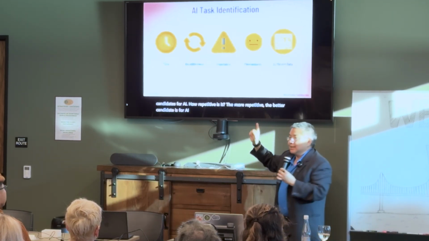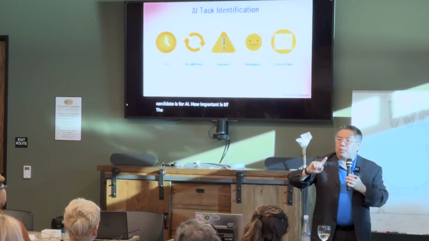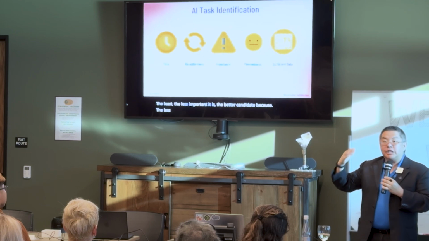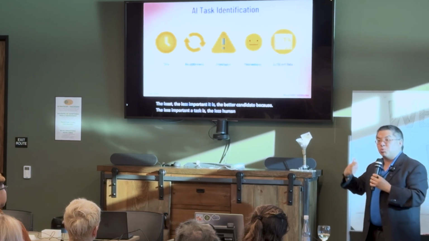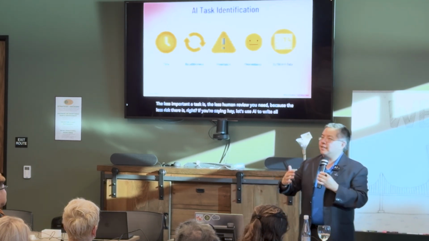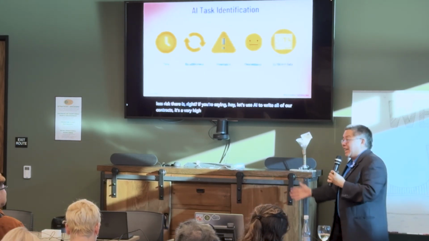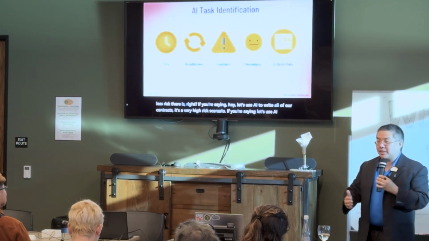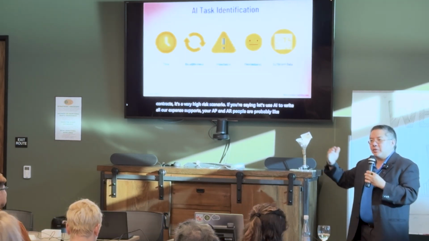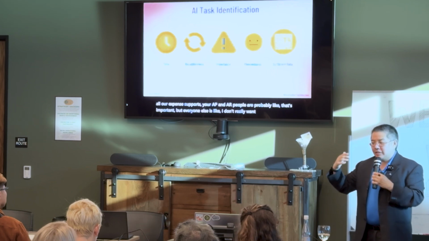How important is it? The less important it is, the better candidate, because the less important a task is, the less human review you need, because the less risk there is. Right? If you're saying, hey, let's use AI to write all of our contracts, that's a very high risk scenario. If you're saying, let's use AI to write all our expense reports, your AP and AR people are probably like, that's important, but everyone else is like, I don't really want to do expense reports, let's give that to the